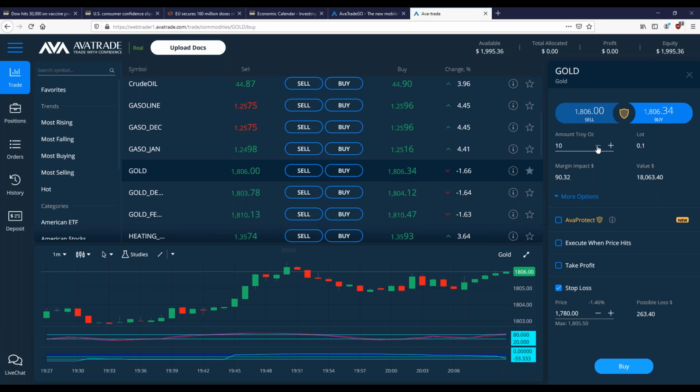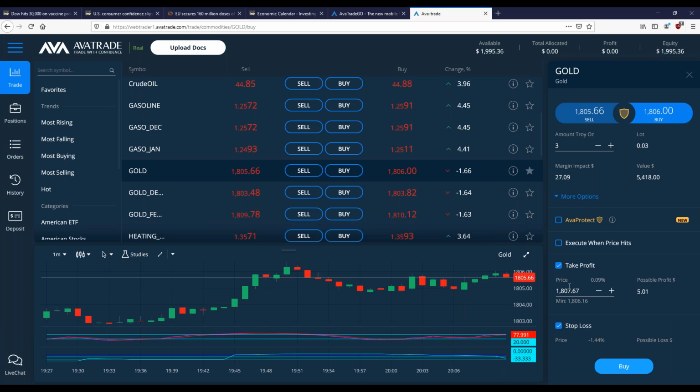So maybe I go up and I say, okay, let me lower the trade size. Let me do 7 ounces. Okay, now I'm risking 184 to that stop loss price. You see, it immediately calculates based on my trade size how much I'm risking. And now maybe I lower it down and I say, okay, now I'm down under 100. Maybe I say, okay, I'm willing to risk that much. 7%, 8%, not 20%, right? Or not 10%. So whatever the case may be, you can understand your possible loss right here. It's calculated for you before you buy or sell on the position.